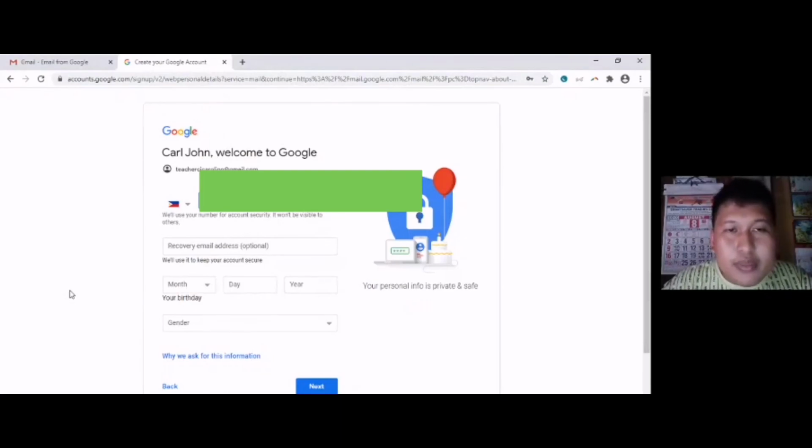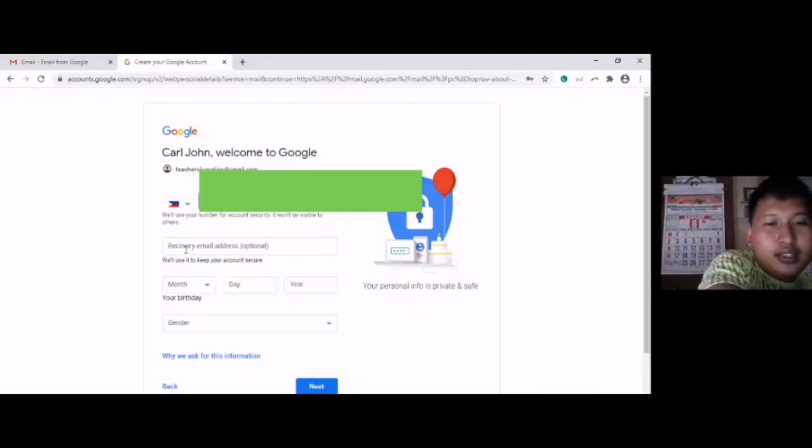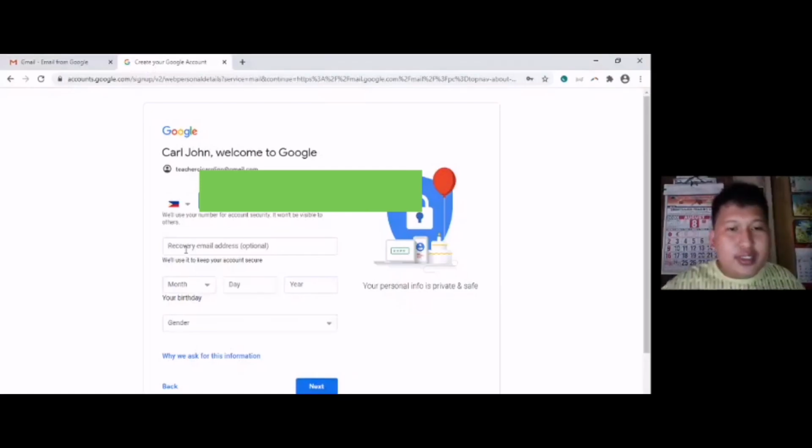Now, the system is presenting you other boxes to be filled out. As you can see, you can have a recovery email address, but it is optional. Now, you need to have your birthday.